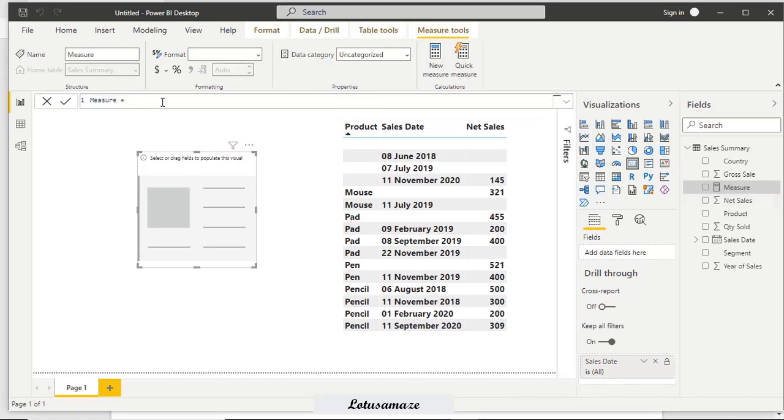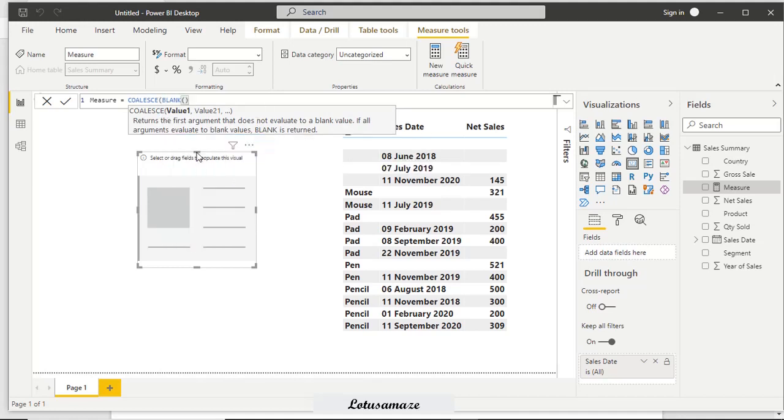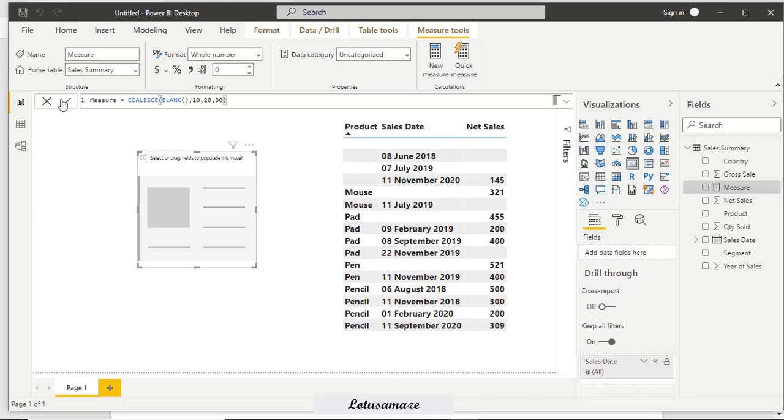In the measure, we write COALESCE(blank, 10, 20, 30). Execute. Now drag and drop the measure into the card.